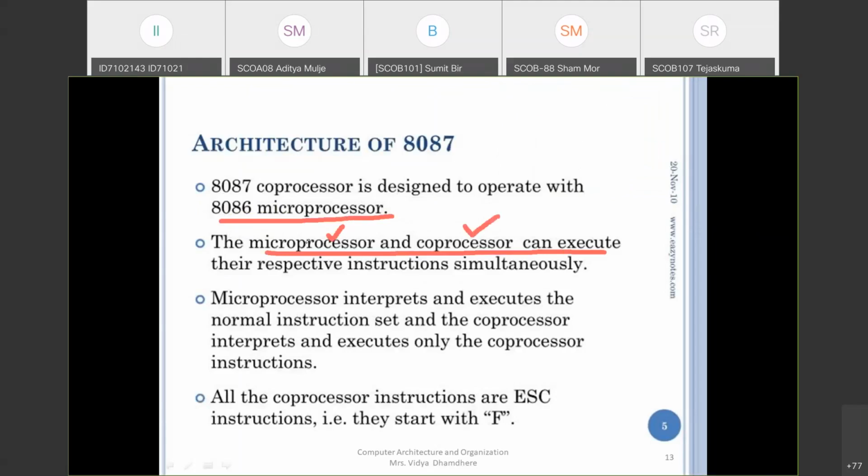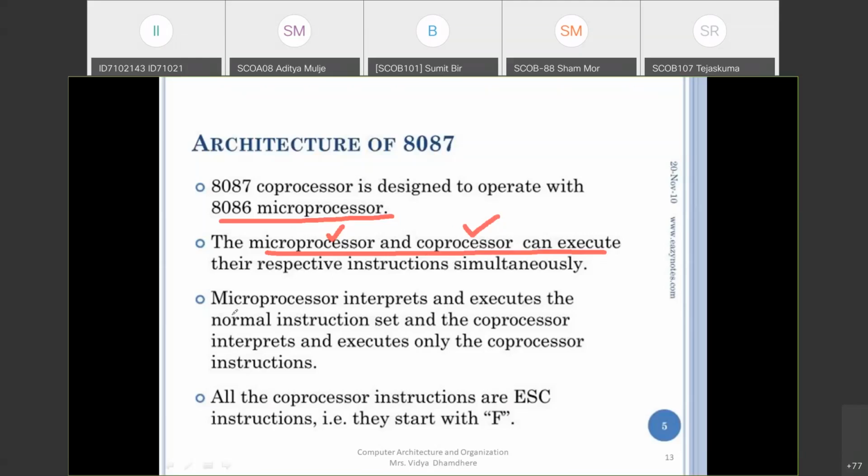So the microprocessor will be executing its own instructions and the co-processor its own instructions simultaneously, depending upon the operations. The microprocessor interprets and executes the normal instruction set, and the coprocessor interprets and executes only the coprocessor related instructions.